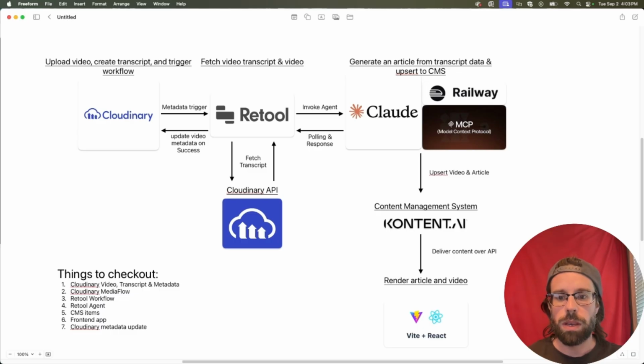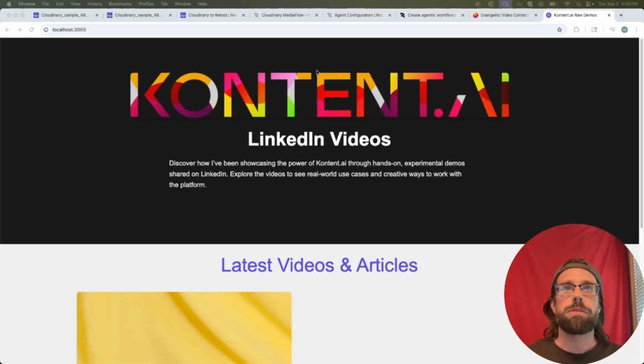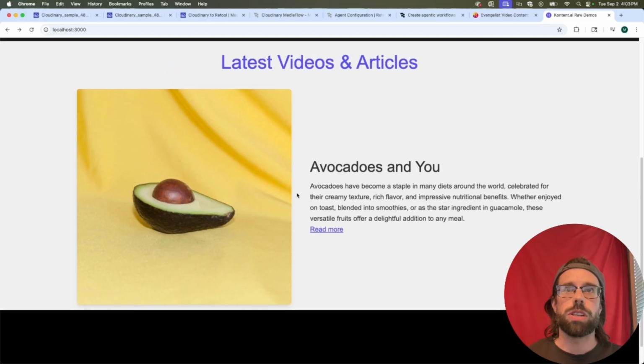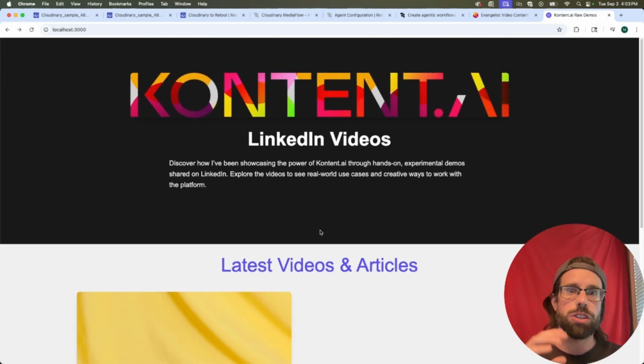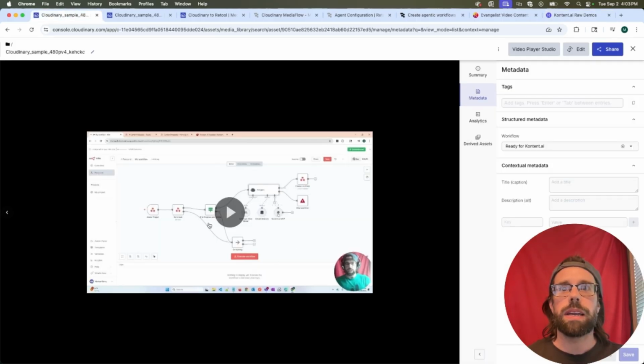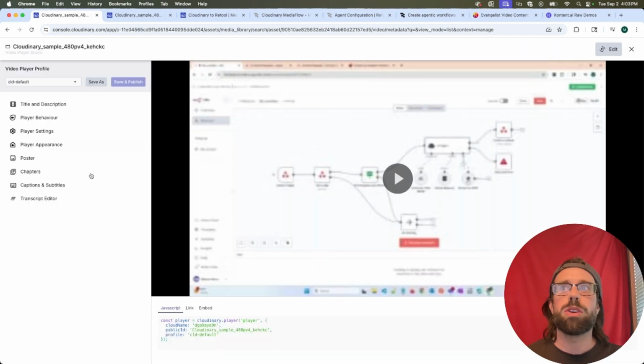look now. So right now, this is my front-end application that will eventually have an article and a video that's created from our AI facilitated workflow. And we have an asset in Kontent.ai right now that is a video asset of something that I recorded previously. And if I go into the Video Player Studio, you can see with this asset, video asset in Cloudinary, there's